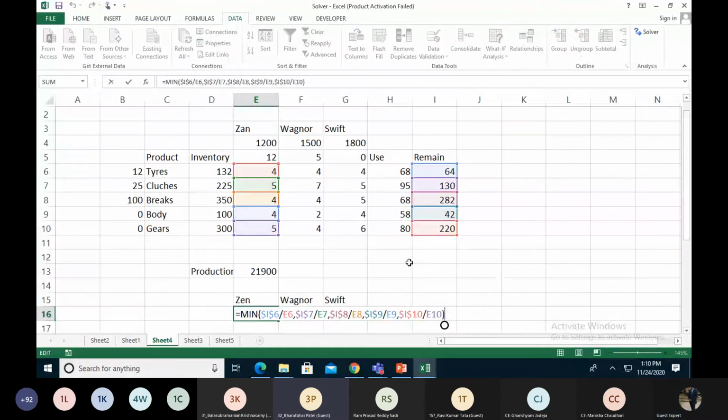Yes, you can go to the downside. Remaining divided by how much inventory we use. I got it. You just write equal to MIN, only the first expression, $and $6 whatever, divided by E6. Then close the bracket and press Control Shift Enter. It will simulate the same thing again for all the remaining cells. So I can also write the same logic using an array formula, right? Wherever it is possible, yes.